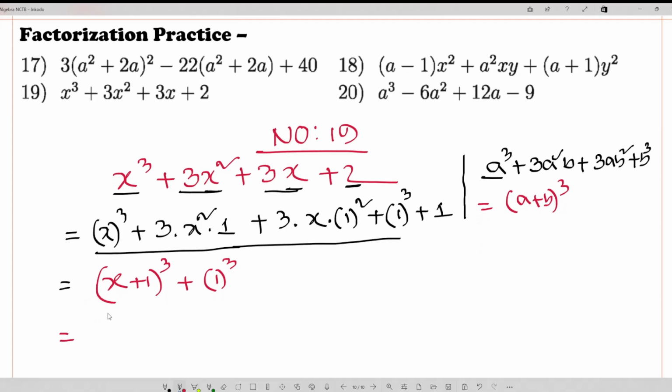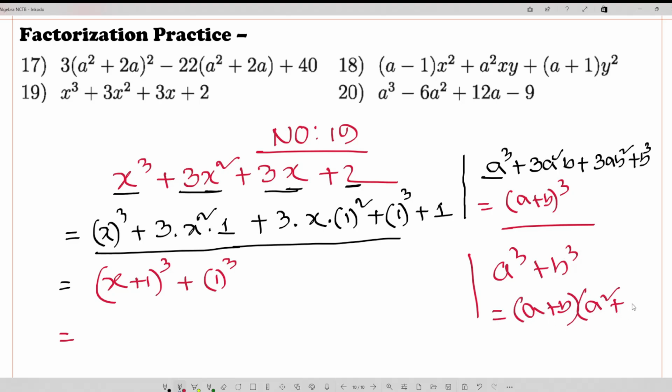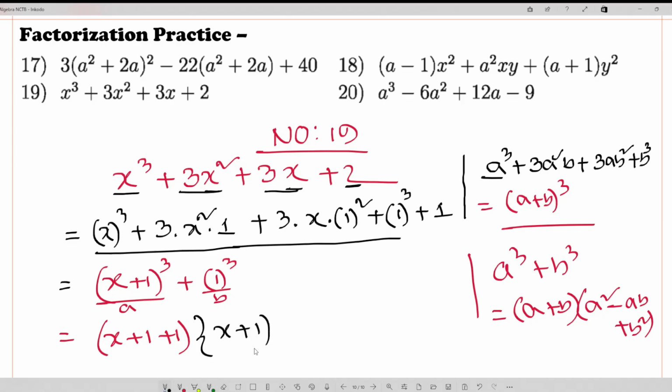Now look, this is the factorization, so a cube plus b cube, we know another theory, a cube plus b cube means a plus b times a square minus ab plus b square. So this is a and this is b, so first a plus b, it means x plus 1 plus 1, right? Then times a square means x plus 1 square, minus ab, a means x plus 1, b means 1, plus b square means